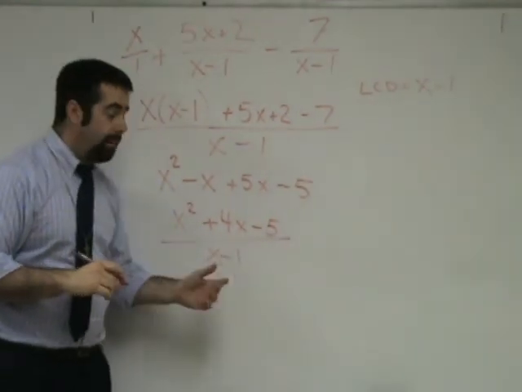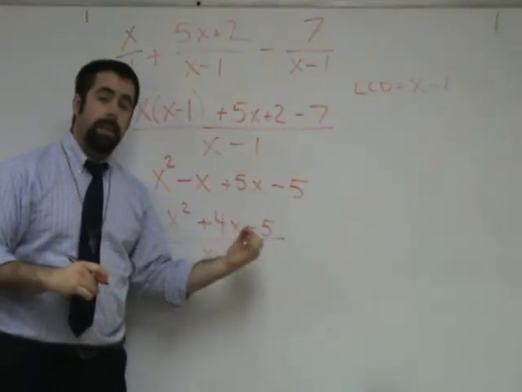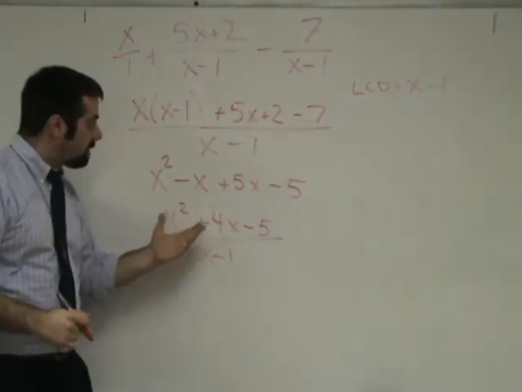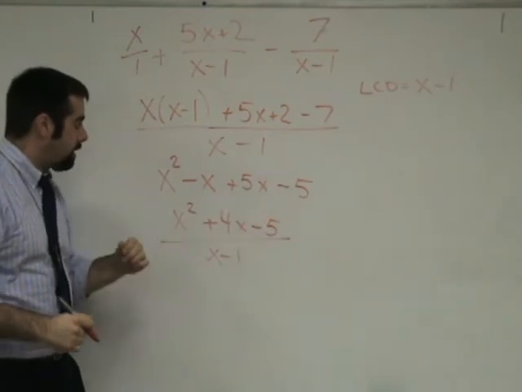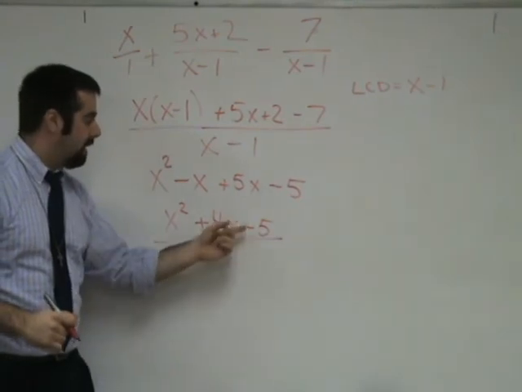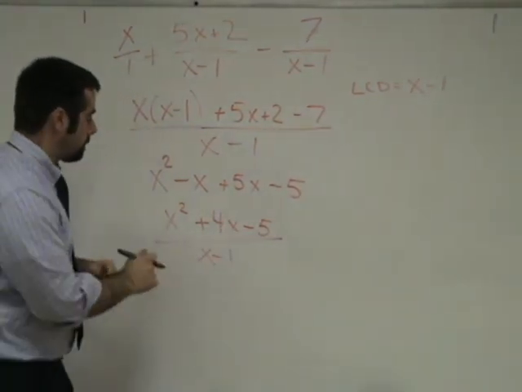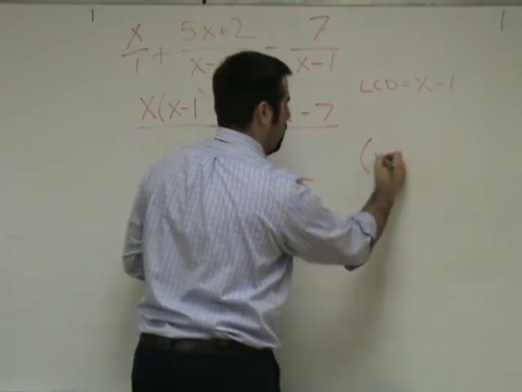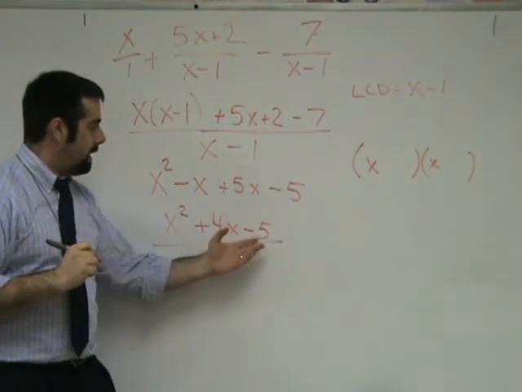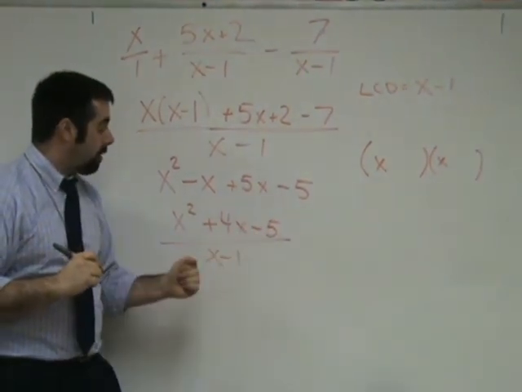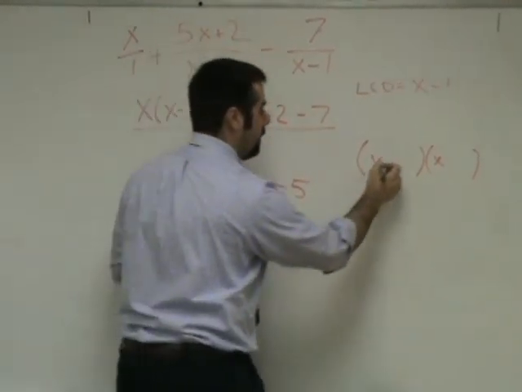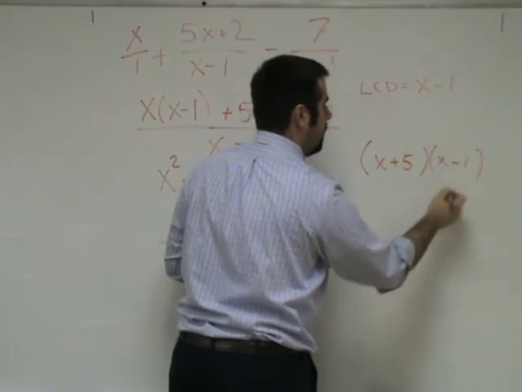Now it looks like we're done, except if I look at the numerator, it might be able to be factored. It could be the case that the numerator and denominator have a similar factor. So let's go ahead and look at our chance to factor the numerator. This looks like a Carl, okay, and because this last one down here is negative, it's going to be a sad Carl. So my numerator is going to be x and x. Possibilities for 5 are going to be 5 and 1. And notice since this is a positive 4, I want a plus 5 and a minus 1. x plus 5, x minus 1